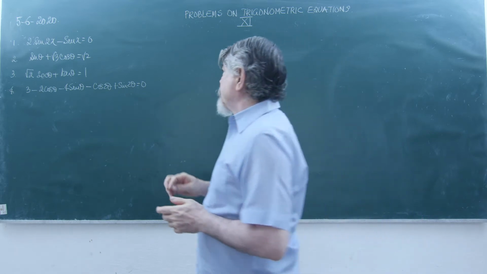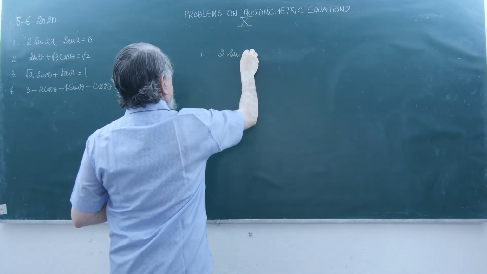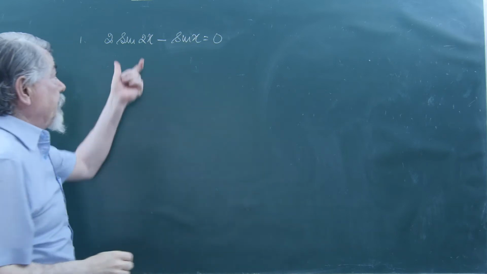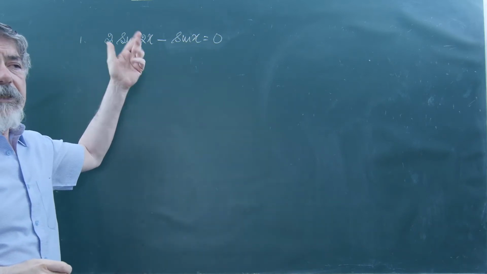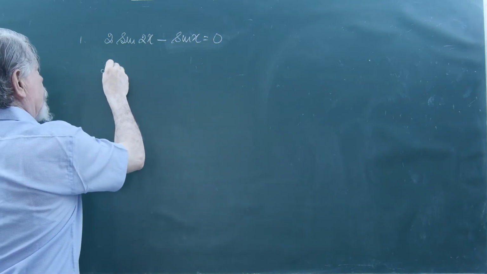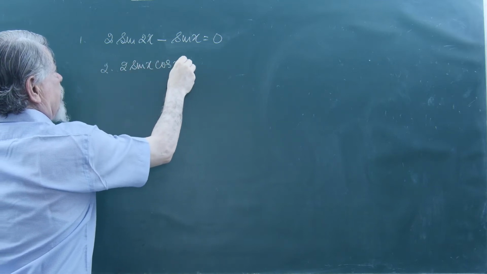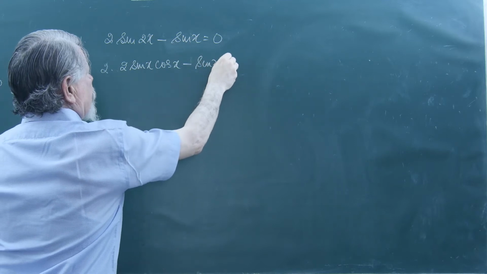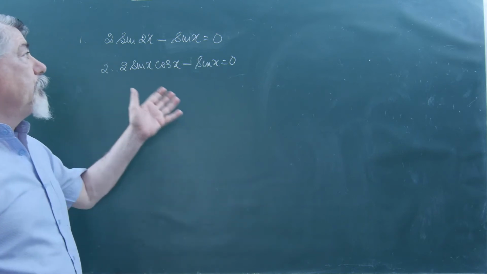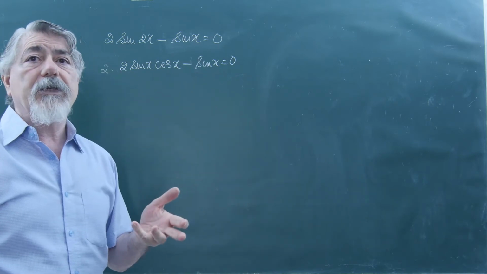The first problem is 2 sine 2x minus sine x is equal to 0. Now here is sine 2x, it's a double angle formula. I'll change it to the form 2 sine x cos x. So 2 into 2 sine x cos x minus sine x is equal to 0. You must look into how you are going to get the factorization and how you're going to put the left hand side equal to 0 so you can get the solutions for